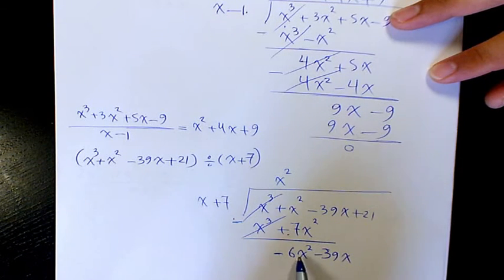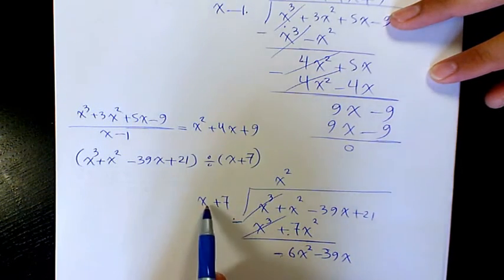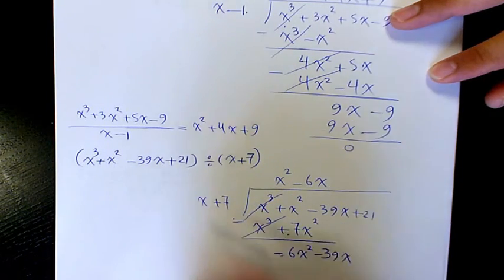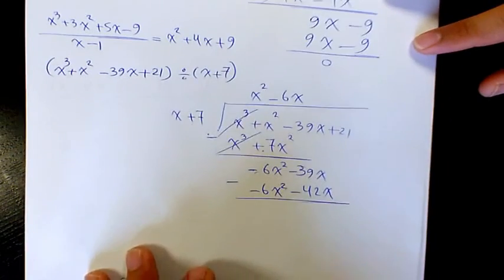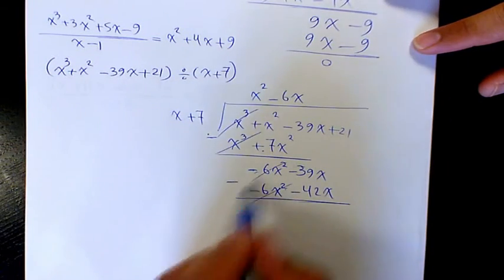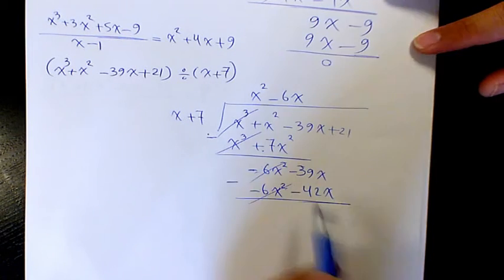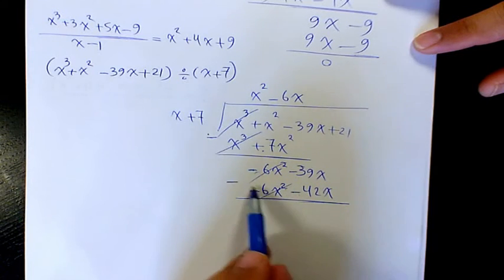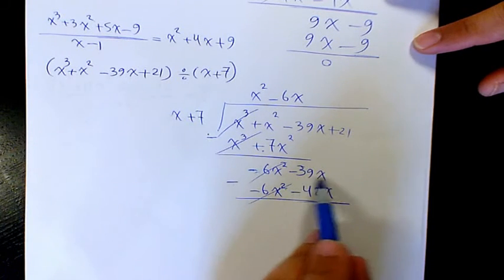Then you have negative 6x squared divided by x is going to be negative 6x. Negative 6x times x is going to be negative 6x squared. Negative 6x times 7 is going to be negative 42x. Then you subtract it. These two subtracted cancel out. Negative 39x minus negative 42x. That's going to be 42x minus 39x is going to be